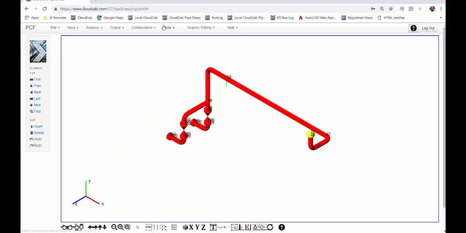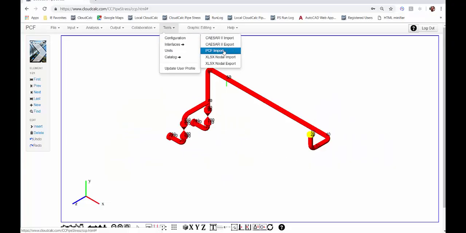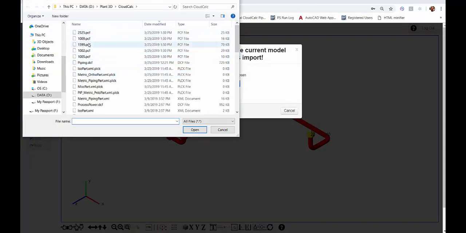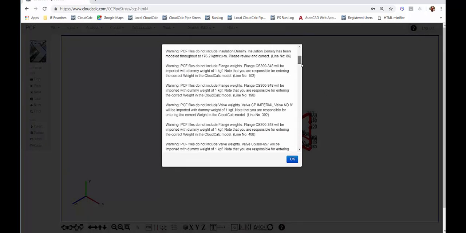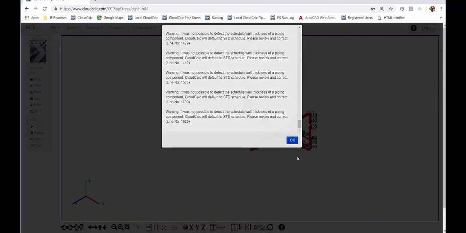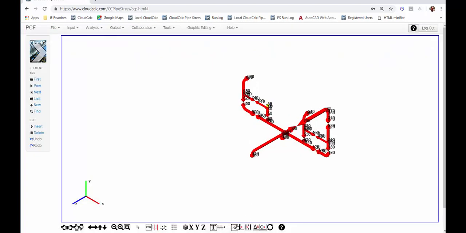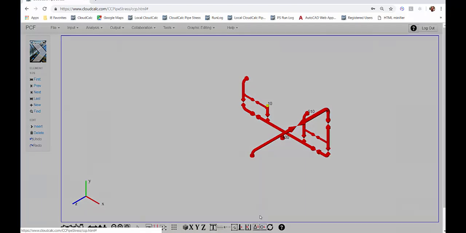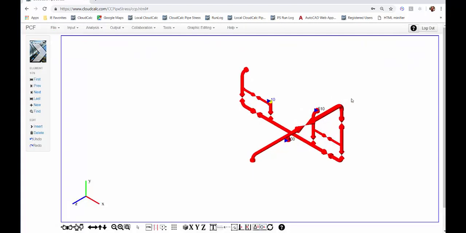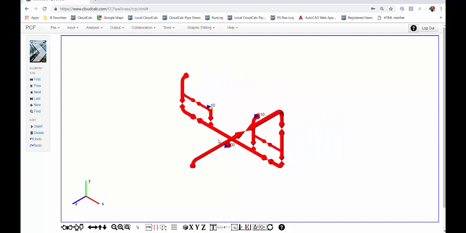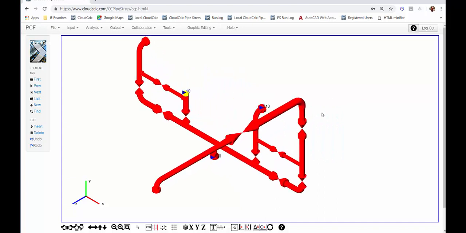If we bring them into CloudCalc, end positions there that turn into imposed displacements, which if we take a look at their locations, here, here, and here,